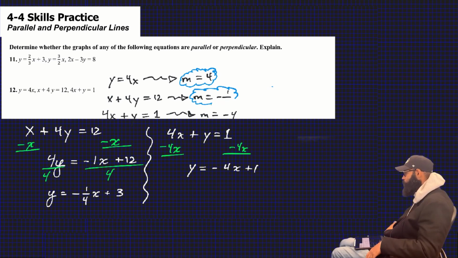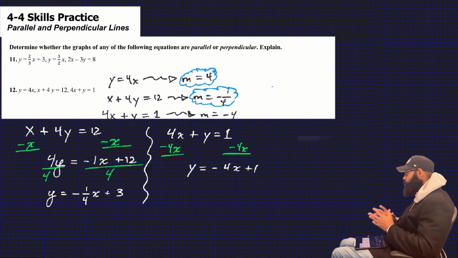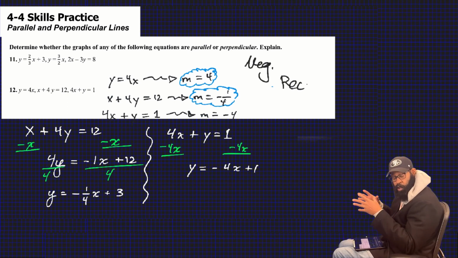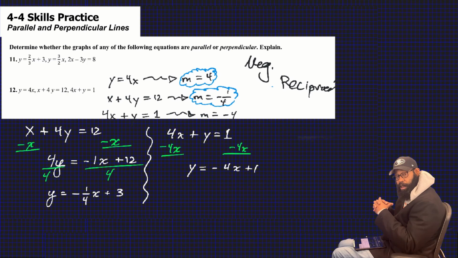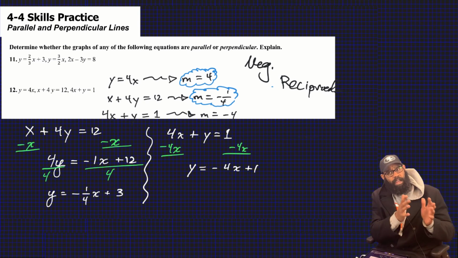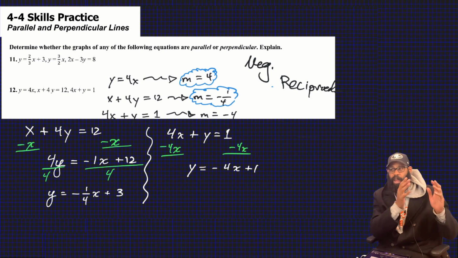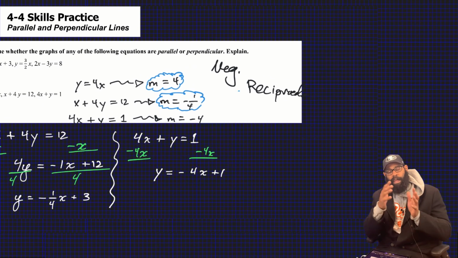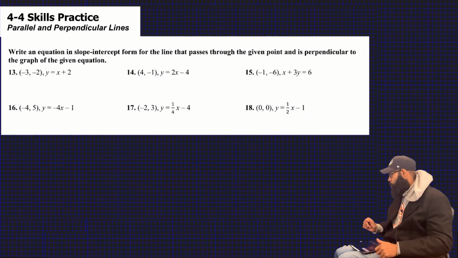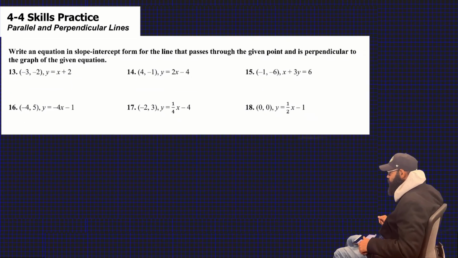I guess I wrote all over before I cleaned it up, make it a little prettier. But again, remember the middle part of this here, guys? The middle part was you taking the time to recognize when the lines are parallel and when lines are perpendicular. And they gave you the challenge of going from standard form into slope intercept form. So going from ax plus by equals c into y equals mx plus b. Very, very important skill when you were doing this work. All right, guys, looks like